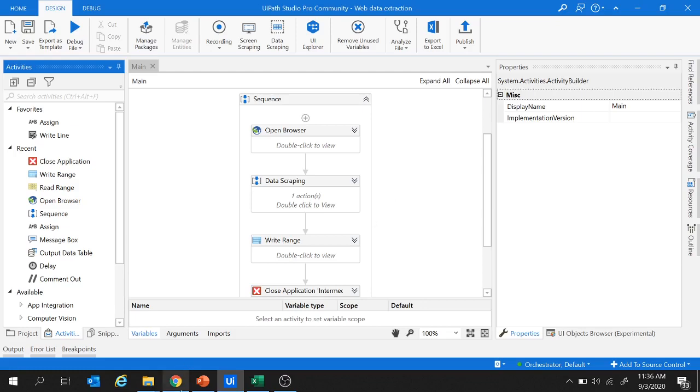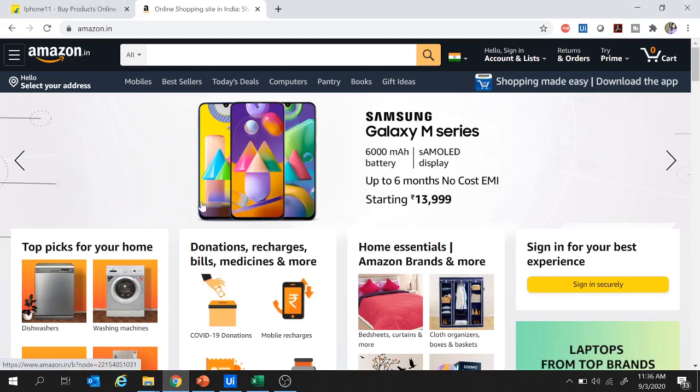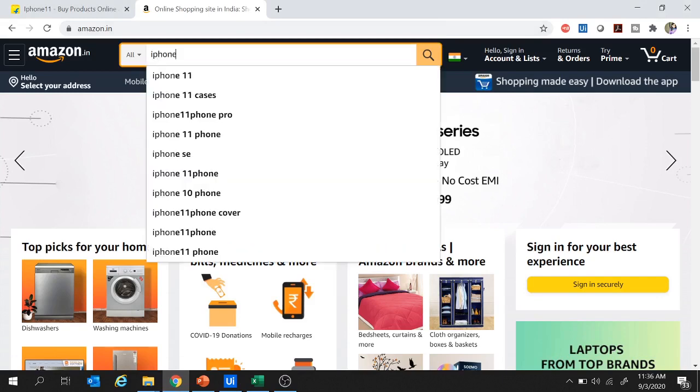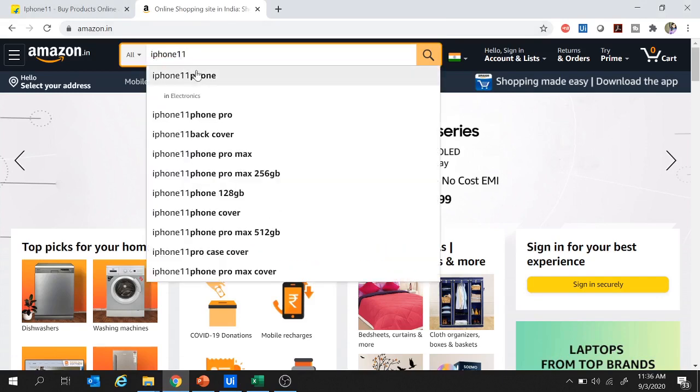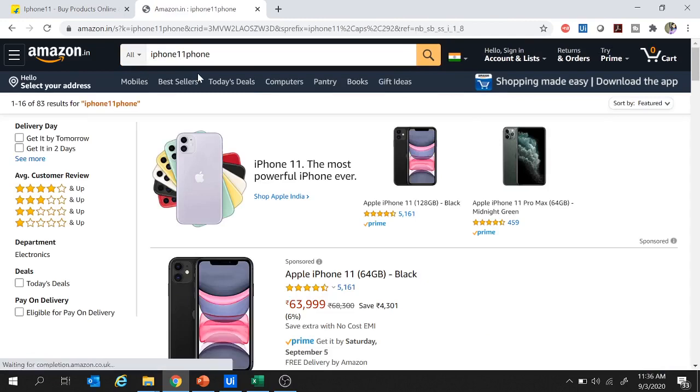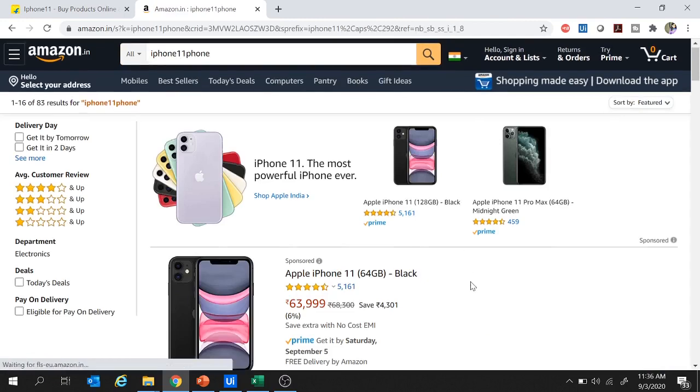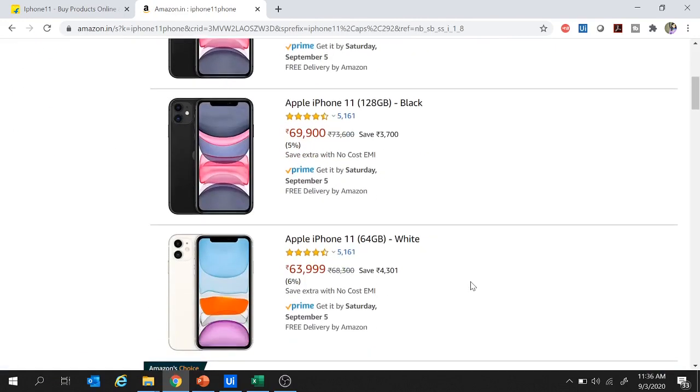So let's get started. Today I'm going to use the Amazon website, which is another e-commerce application, where let's say that I search for iPhone 11 phone again, and this is the search result. So we will create a project which is going to extract the description and the cost across all the pages